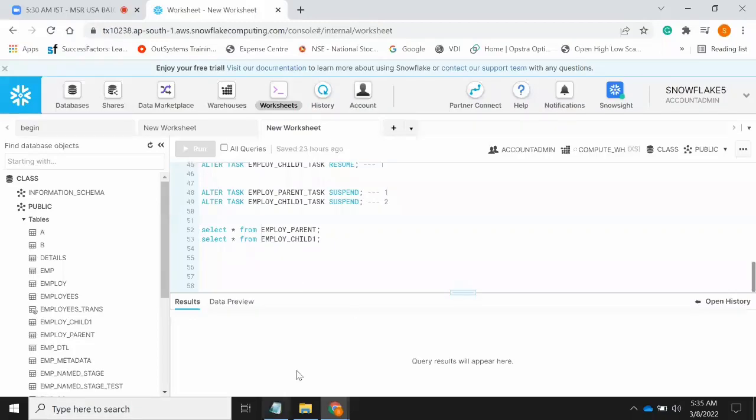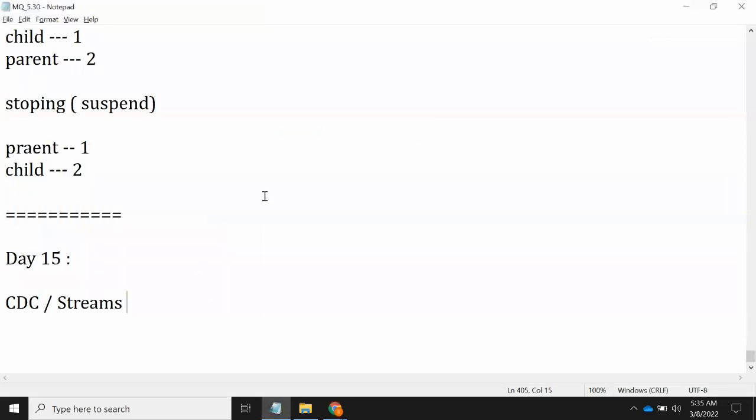Okay. So in the last session, we saw how to work with tasks, how we can create a dependency, and how we can implement the scheduling. We saw that in tasks. Now, in today's session, related to time travel, before going to CDC, change data capture, or